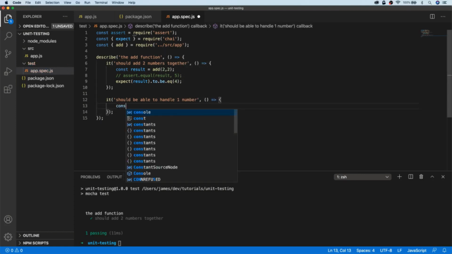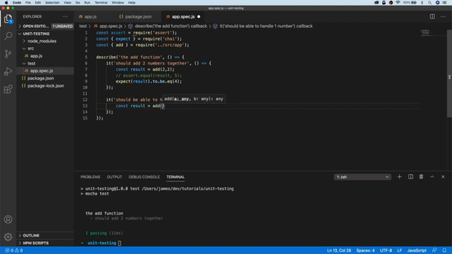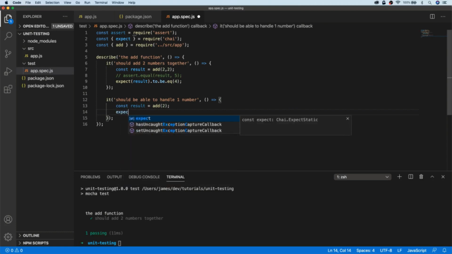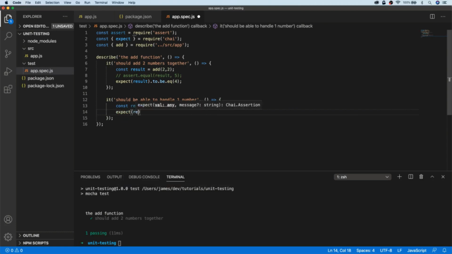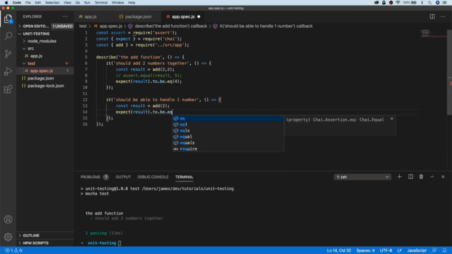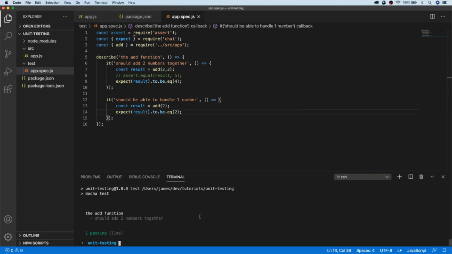So for our result this time, we'll say our result is equal to add, and then we'll just pass in a value of 2. So there we've got only 1 argument passed to the add function. And then we'll use our Chai expect function to say we expect the result to be equal to 2, which is a fairly reasonable assumption. If we're only passing in the value of 2, we should expect the result to be 2. And if we run our unit tests again,